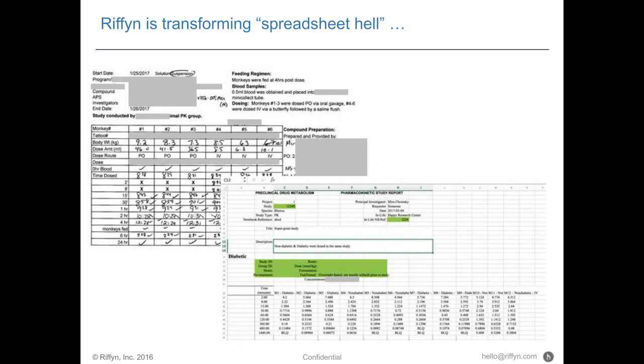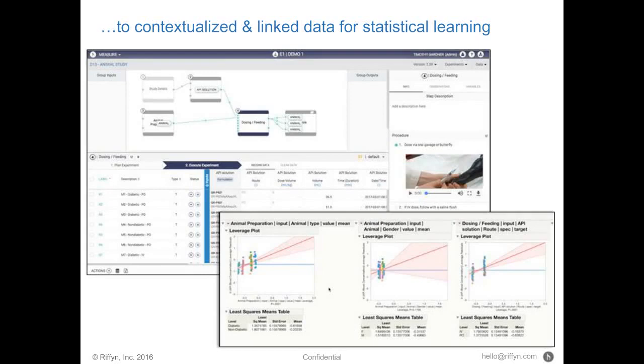So when you apply these principles the way that Riffyn has developed, you start with an environment of data collection and experiments that looks a lot like this: manual batch records and spreadsheets for collecting data, spread out across experiments and people and different modalities, and transforming it to this, which is